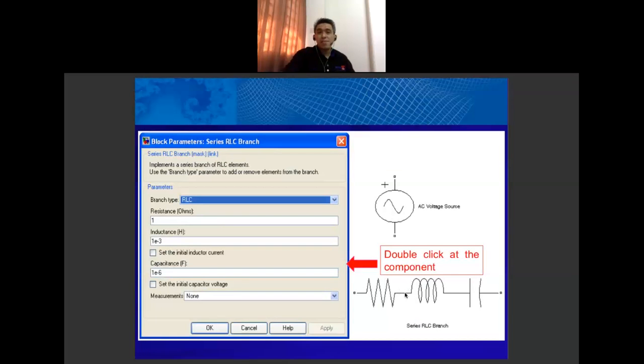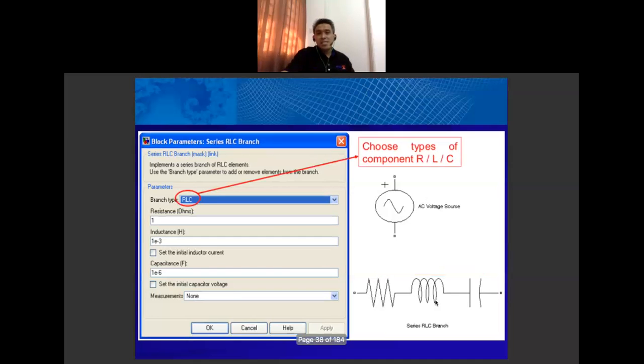For example, we don't need to use all of these three components: resistor, inductor, and capacitor. We just need to use resistor only. So how to set resistor only? Just double click at the component and this dialog box will appear. You can choose the type of component by clicking at this symbol.